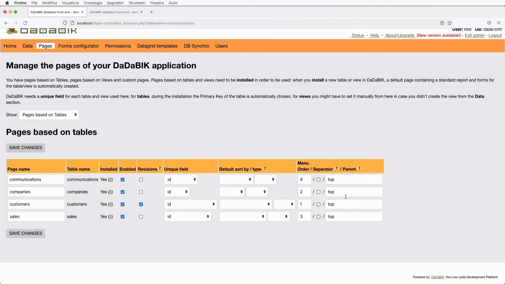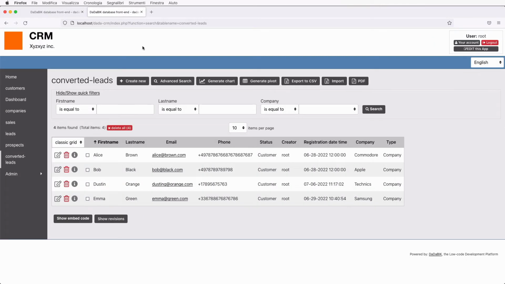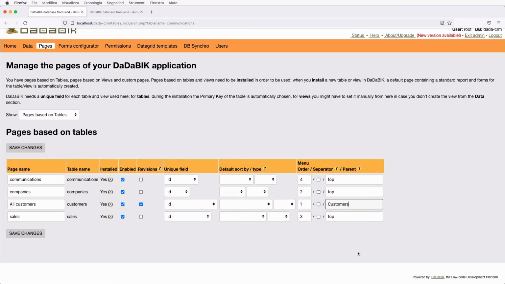So the table customers will become, as page name, all customers, having a parent customers, that is our section. Let's see here, customer, all customers. So now we want to move leads, prospect, and converted leads under the same category. Okay, so the position will be 2, 3, and 4.